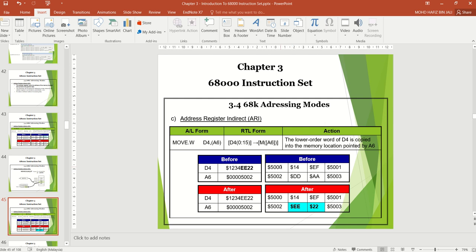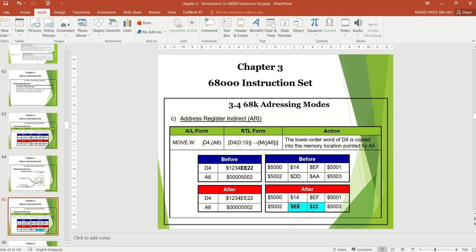Because it is a word, for 5002 you need to start from 5000: 5000, 5001, 5002, and 5003. So the content inside address location 5002 is DD and AA.